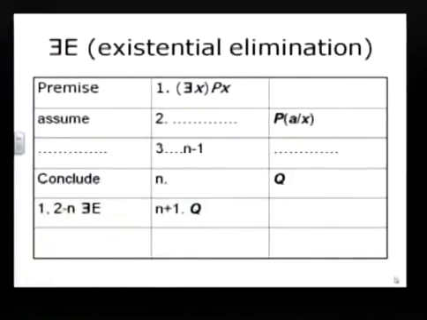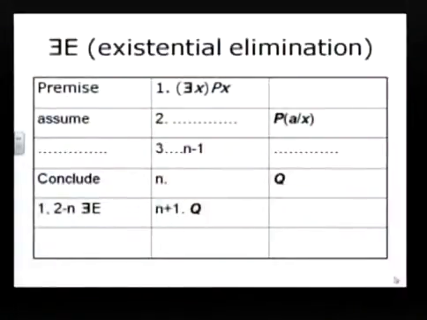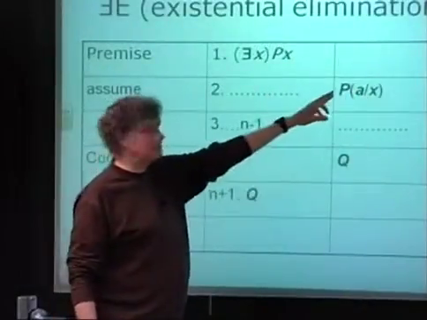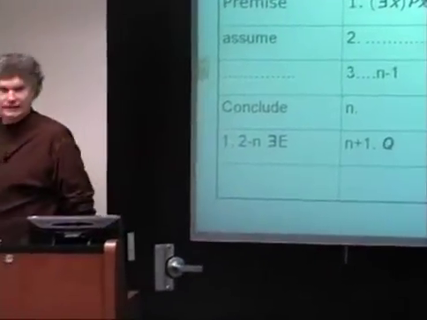The statements of these rules, existential elimination even more so than universal introduction, are extremely complicated, and once again, the most useful way of becoming familiar and comfortable with these things is just to do the exercises. This is supposed to be a schematic illustration of the deployment of existential elimination. If you have a premise, an existentially quantified sentence, any sentence, however long, in the predicate calculus, where x is a variable and the existential quantifier is governing that whole sentence, the way to eliminate that and make use of the information that's embedded in there is to take as an assumption, not on the line in the derivation, a particular instantiation of that